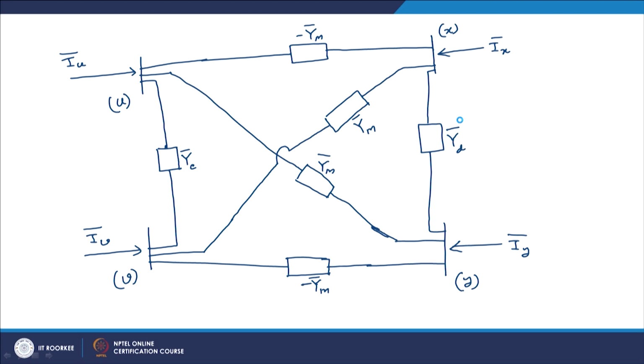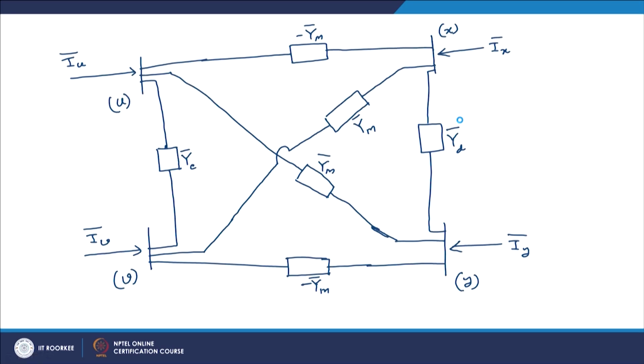mutually coupled network. So, now we can see that this entire equivalent circuit, because it consists only of admittances or impedances, can very easily be incorporated into the standard bus admittance matrix procedure without any problem. So, we can possibly make it a little neat, because it is looking very clumsy.